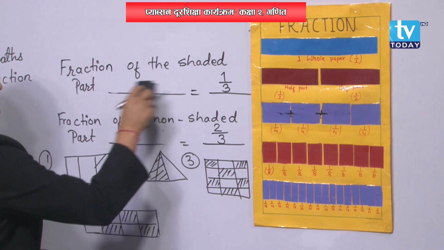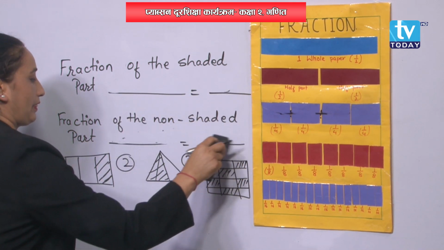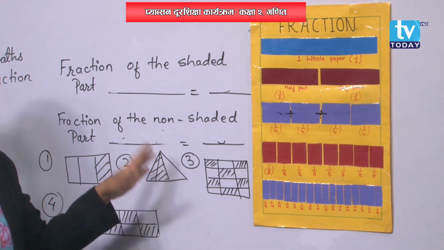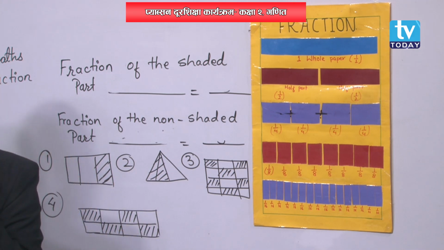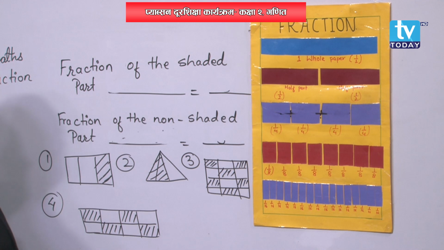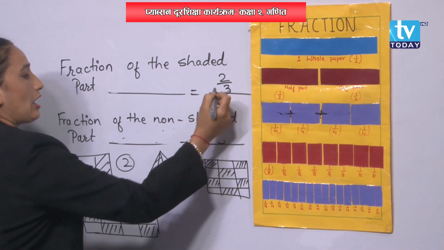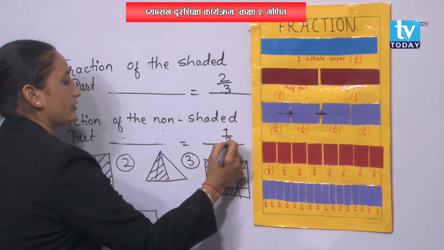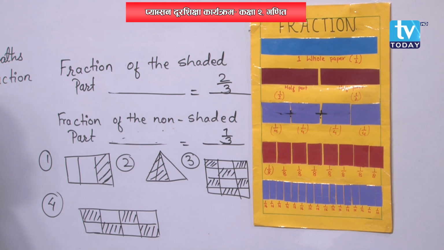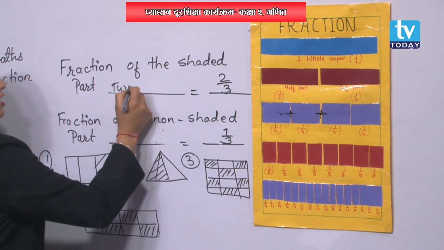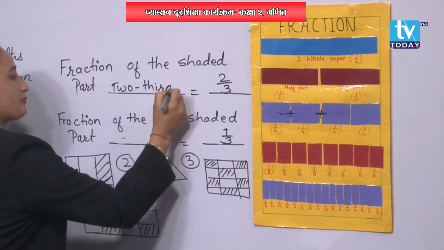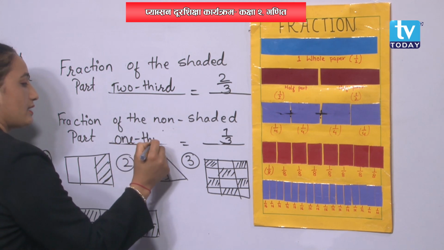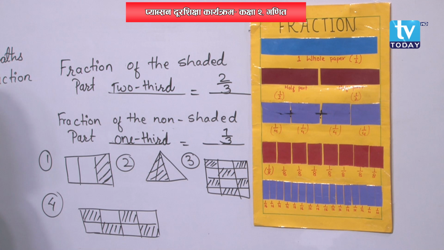Can you guess what the answers will be over here? Okay, in picture number 2, once again, count the number of parts separated over there. Altogether 3 parts. How many parts are shaded? 2 parts, right? So write down 2/3. How many parts are not shaded? One part is not shaded. So write down 1/3. How to write in words? 2 thirds is shaded on the triangle and 1/3 is not shaded. Can you write it this way?